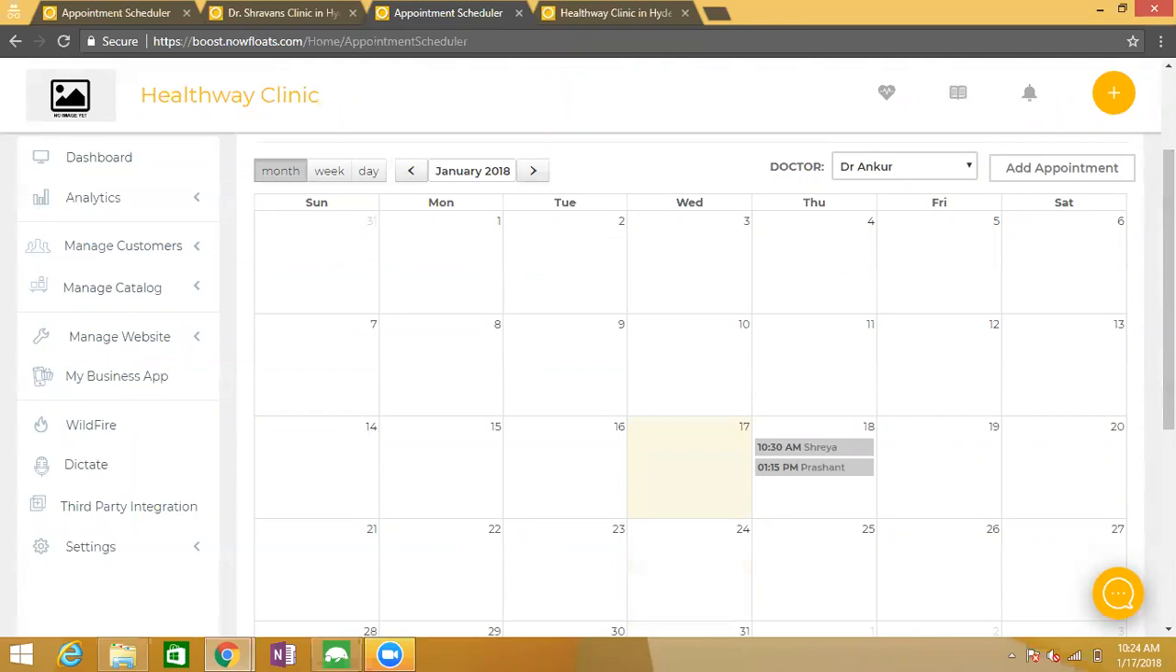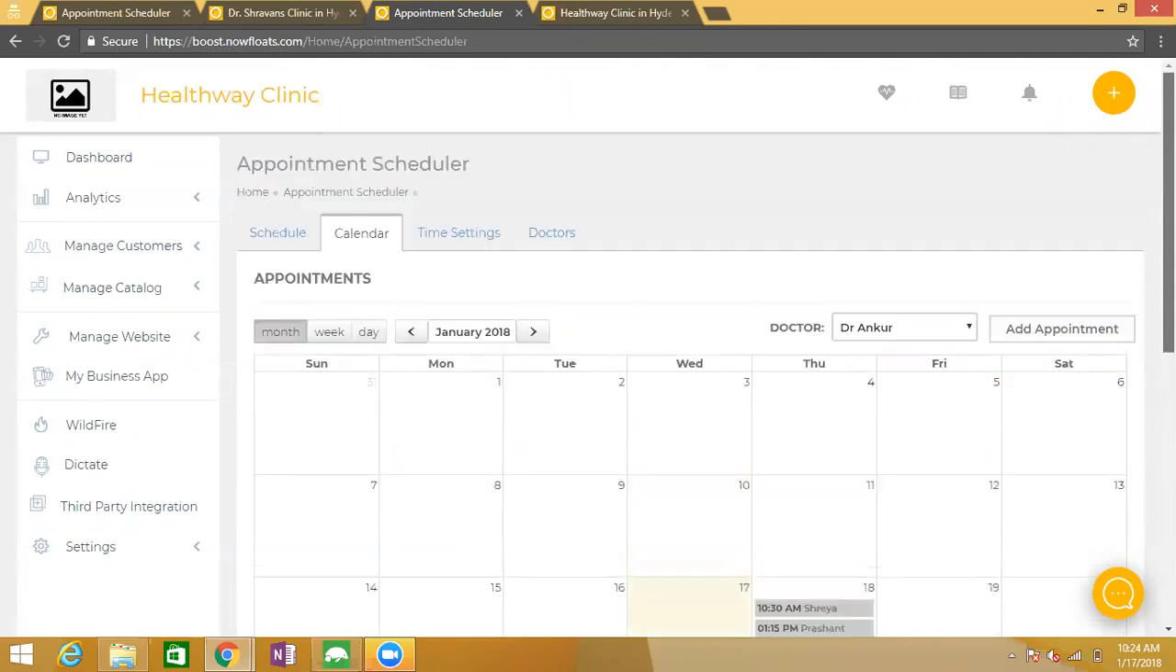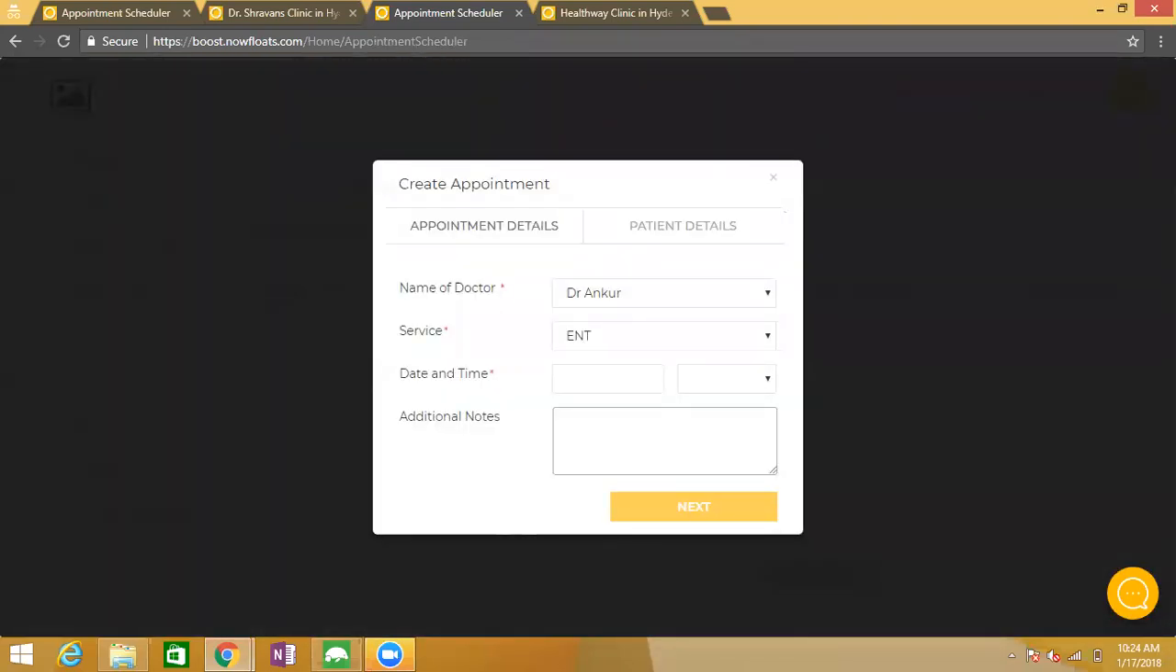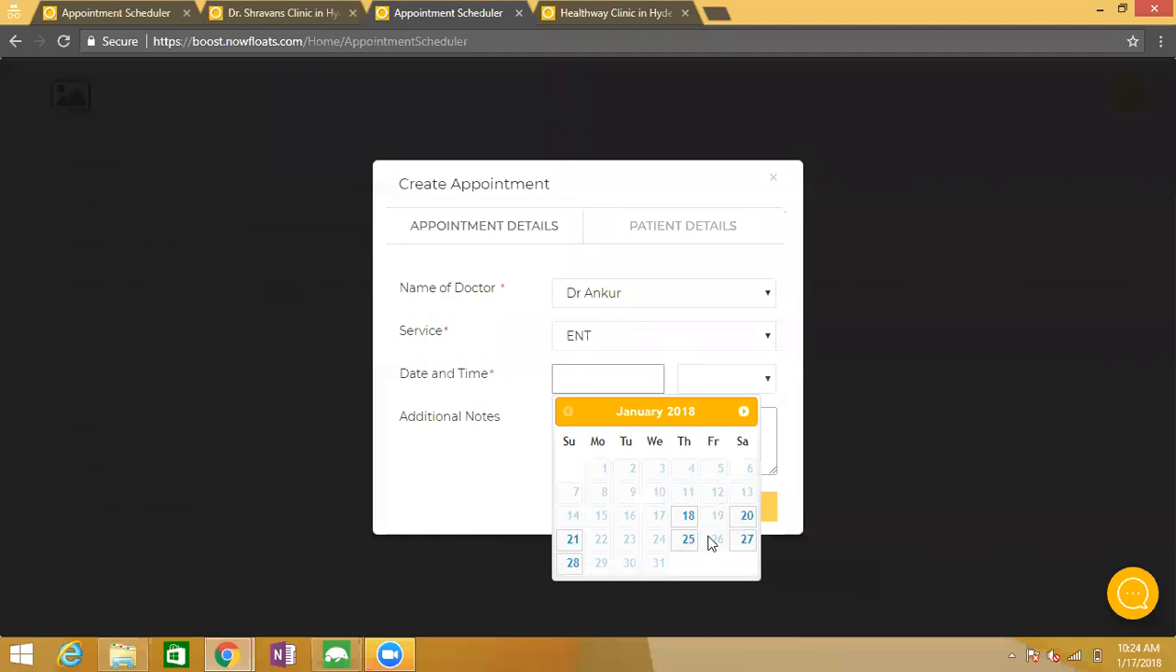So all you need to do is click on this, the doctor or whoever is scheduling the appointment for the doctor needs to click on this add appointment button. When you click on this add appointment button, it will give you this pop-up. By default, it would have selected the doctor which was already selected. So Dr. Ankur was selected, so he's there. And then I can choose a date. So you'll see only dates on which he is available are